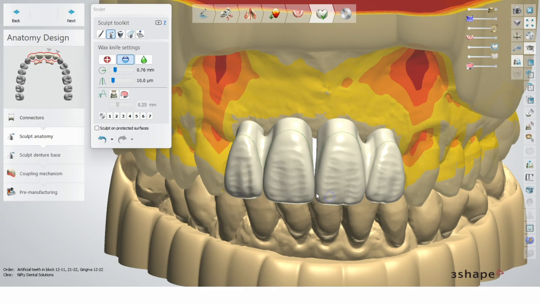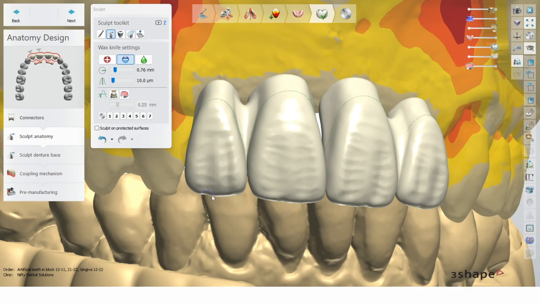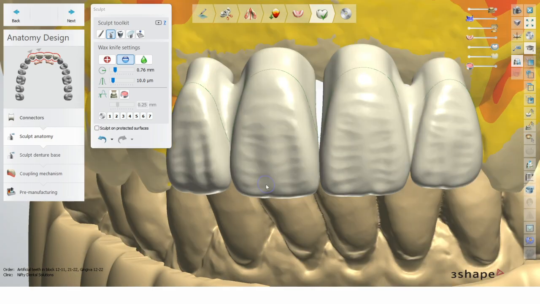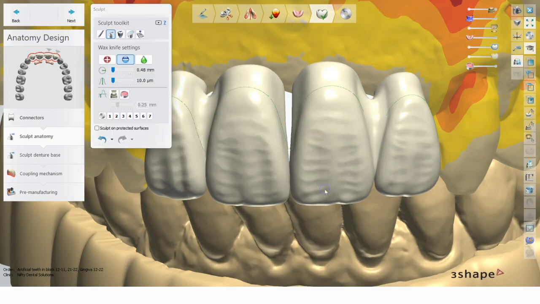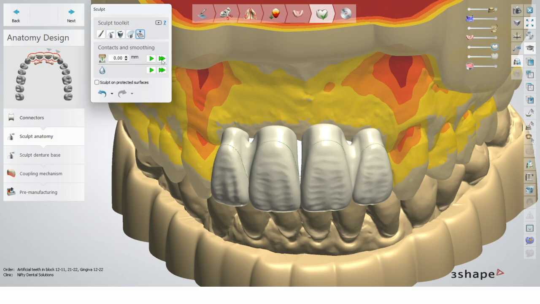And especially in partial though, this is quite an easy case, but in some cases you're gonna have to sculpt a little bit more just to blend the teeth that you picked for the specific case. So not always teeth are matching, unfortunately. But yeah, you can play around with the tools, and then you can cut occlusion as well. Contact is moving. You can decide the desired distance from the antagonist, and by clicking apply, you're just gonna apply to the bridges.